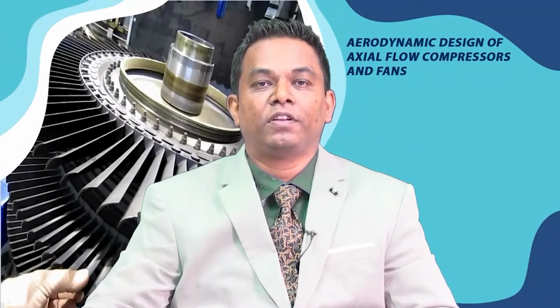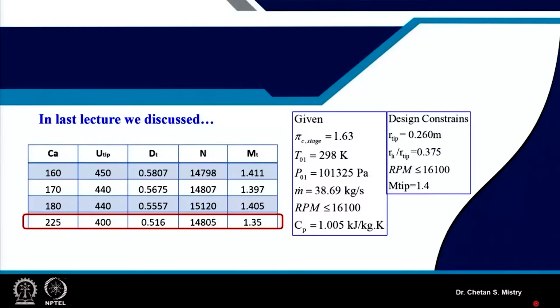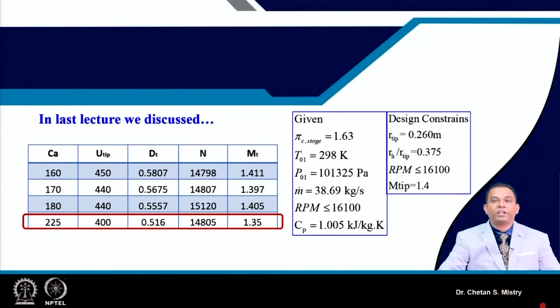Welcome to lecture 57. In the last lecture we were discussing the design of a transonic compressor, which was having an expected pressure ratio of 1.63. We had constraints on tip diameter, the hub to tip ratio at the entry was given to us, and speed was limited to 16,100. We started the design by assuming certain parameters, and finally we came up with the solution,